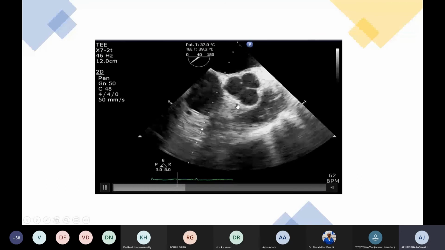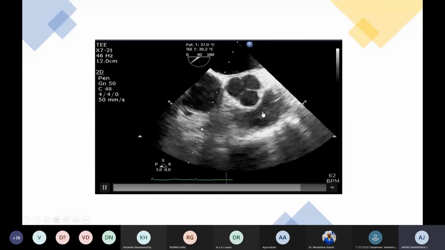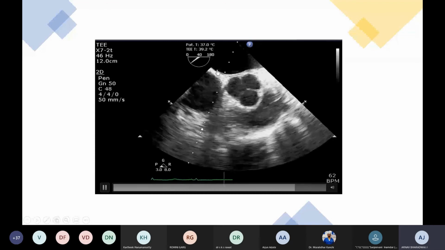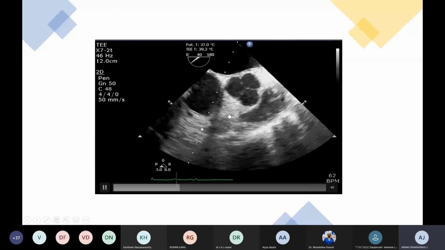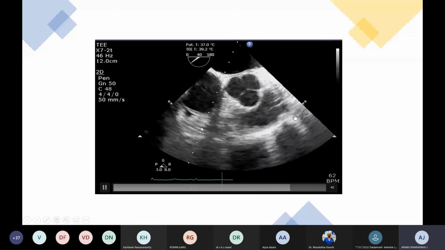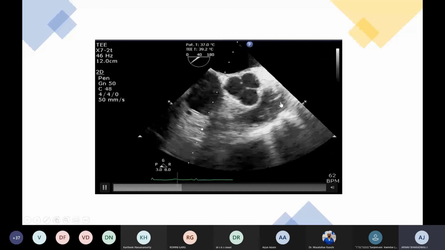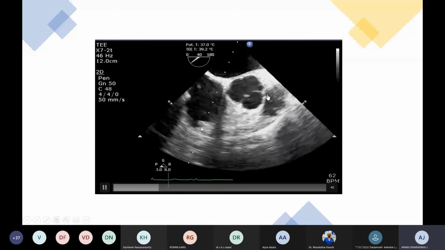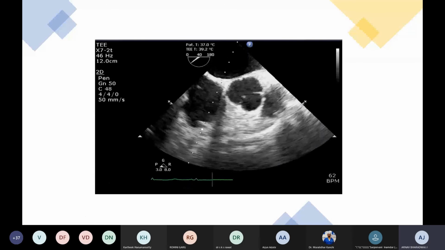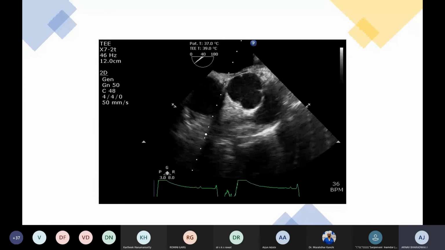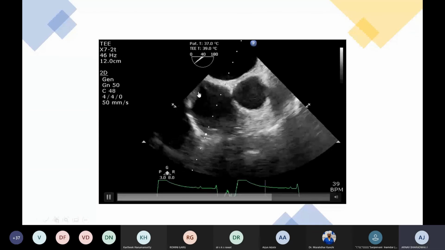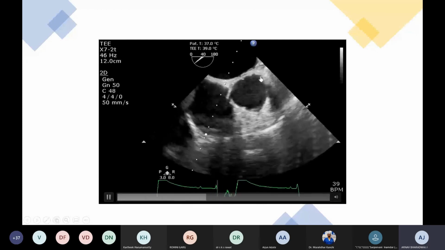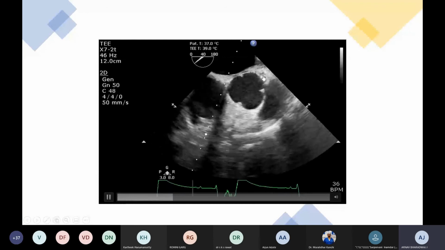And you can see the opening of the aortic valve and closing of the aortic valve. So these are the structures you see in this view. Left atrium, right atrium separated by the interatrial septum, adjacent to that is the non-coronary cusp, body of the right ventricle, tricuspid and pulmonary valves. And if you have passed any catheter, that is a right heart catheter, you can see it here. And this is the anatomical structure of the aortic valve we see in mid-esophageal aortic short axis. So here you can see the origin of the left main coronary artery. If you move the probe a little bit higher, withdraw it, you can see the origin of the left coronary artery.